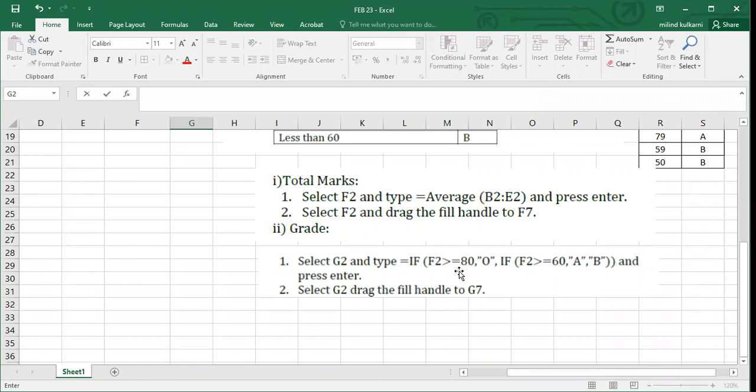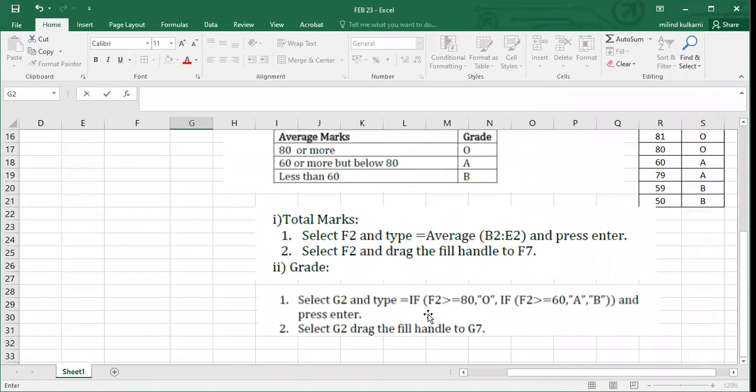Grade is O. If this condition is satisfied, you will get the answer O. I will type the first condition for O. If this condition is not satisfied, the cursor will go to the next condition: if F2 is greater than or equal to 60, then what is your grade?